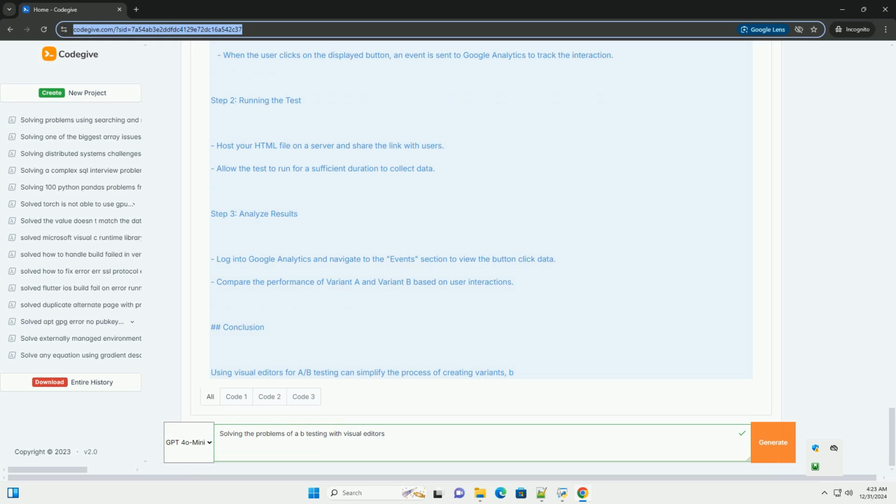<!DOCTYPE html> <html lang="en"> <head> <meta charset="UTF-8"> <meta name="viewport" content="width=device-width, initial-scale=1.0"> <title>A/B Testing Example</title> <script src="https://www.googletagmanager.com/gtag/js?id=GA_MEASUREMENT_ID"></script> <script> window.dataLayer = window.dataLayer || []; function gtag(){dataLayer.push(arguments);} gtag('js', new Date()); gtag('config', 'GA_MEASUREMENT_ID'); </script> </head> <body> <div id="button-container">